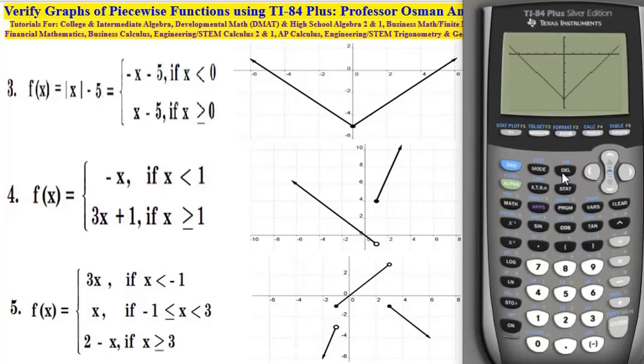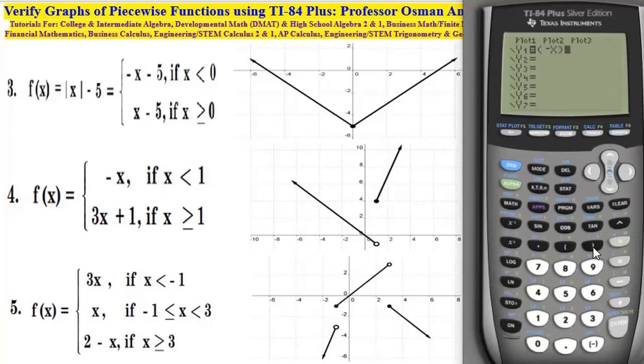Okay. So the next one is, it is minus x for x less than 1, and it is 3x plus 1 for x greater or equal to 1. Okay. This hole means, again, there is no equal sign here. That means the 1 is not included in this part of the function. Okay. So it is open parenthesis minus x,